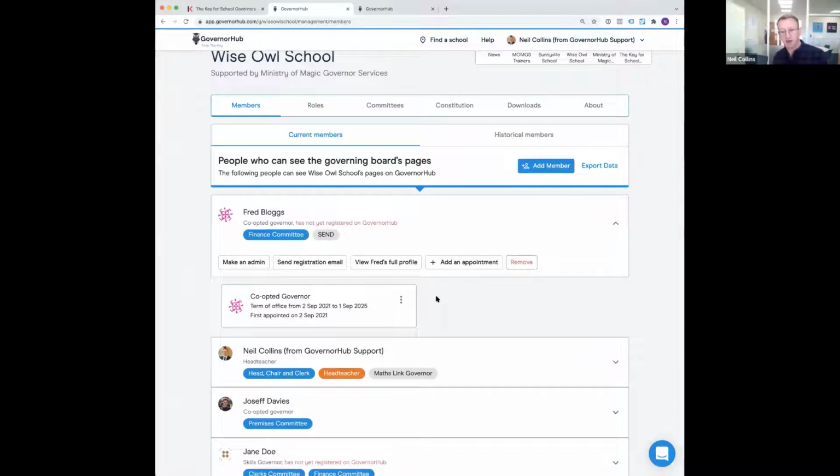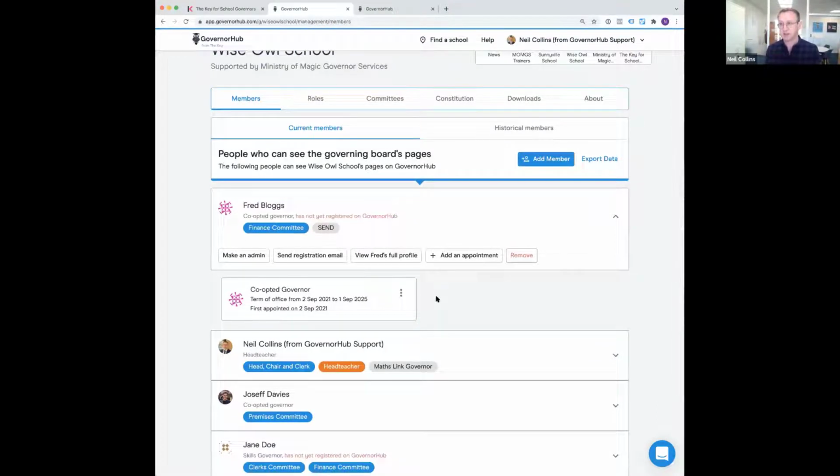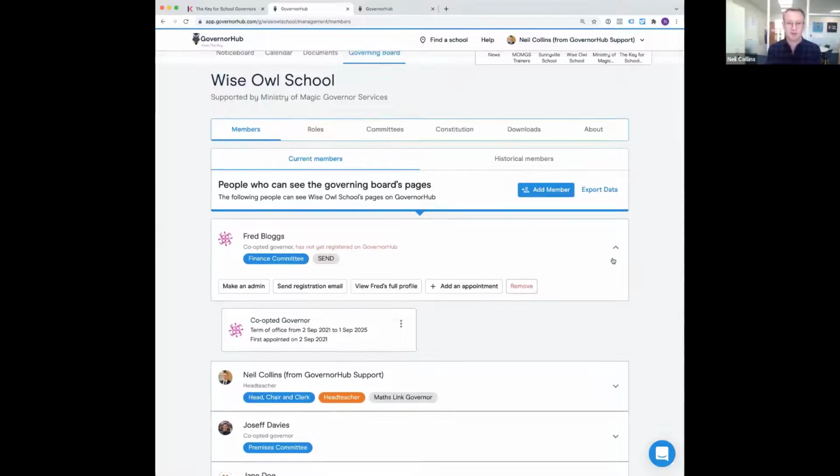So this will actually flag up when Fred is about to come to the end of his term of office, so needs reappointing. That's a very specific governance thing. It's not something which you'd have in a generic sort of small business system like Office 365 or a more generic system like Teams. So it's very much built for a purpose, and that's the main difference between GovernHub and those systems.